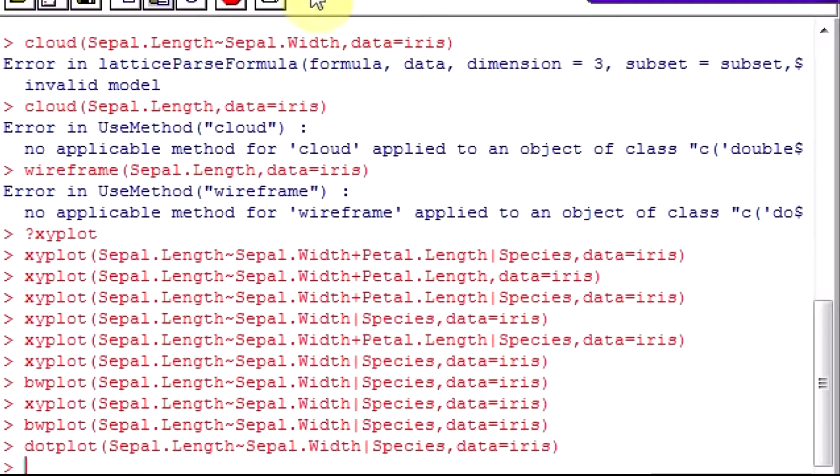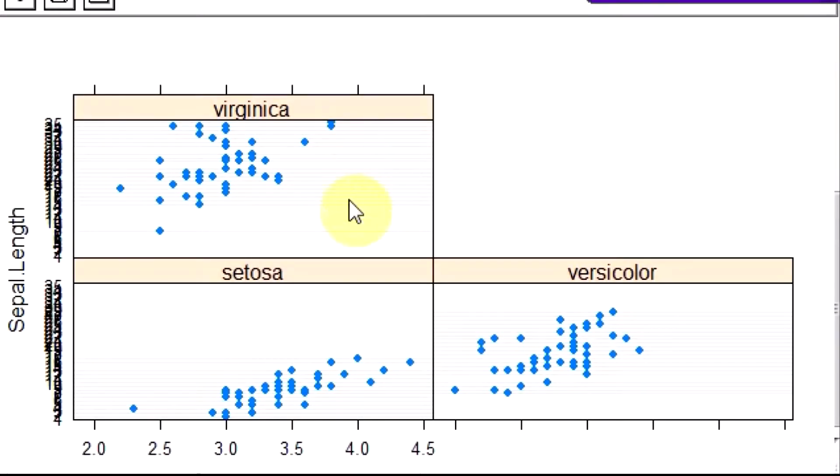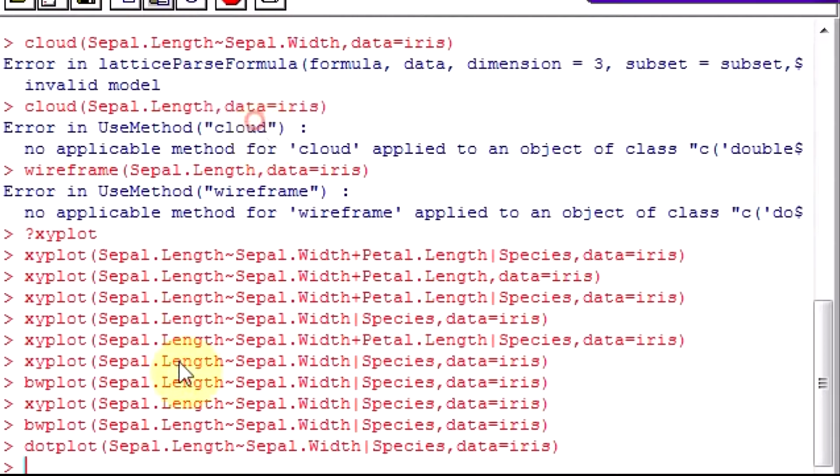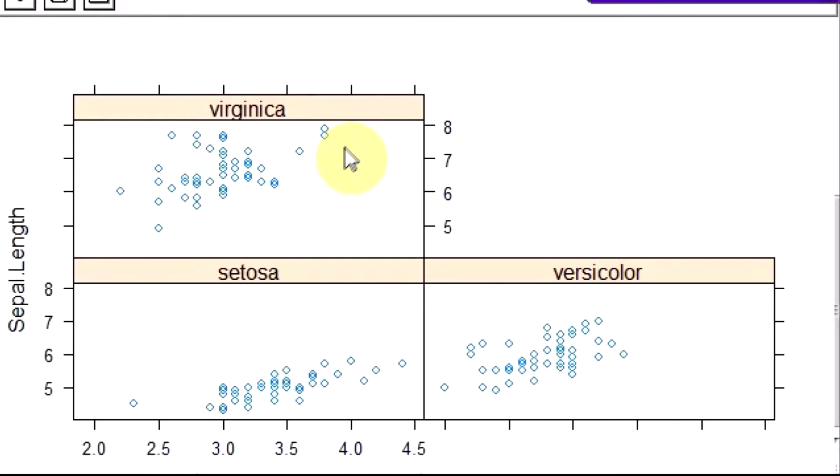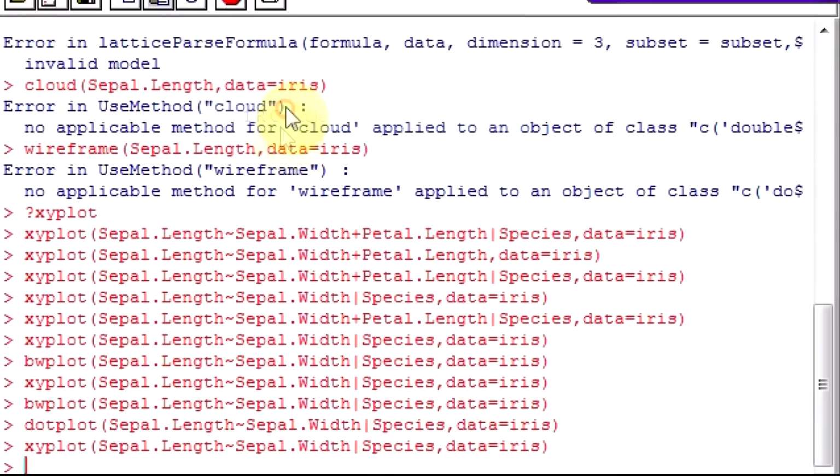Let's do dot plot. This is how a dot plot looks like. Notice how dot plot varies from an XY plot, right? This is an XY plot and this is a dot plot.